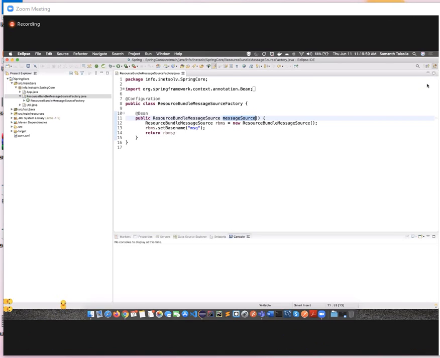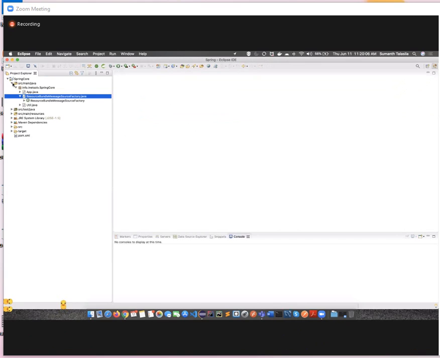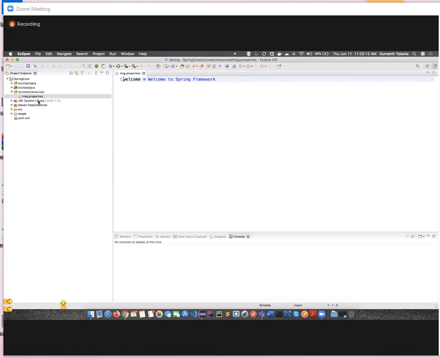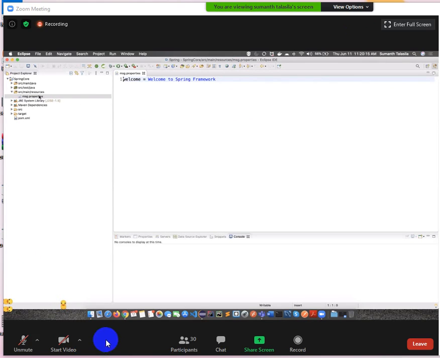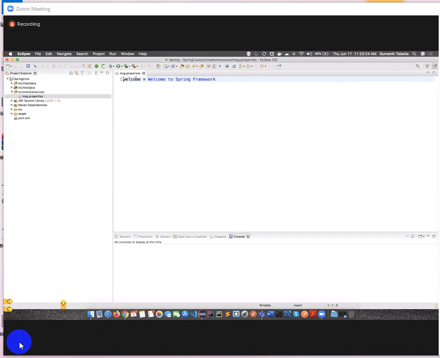Now in today's session, we are going to discuss the most important topic called property files. In every project, are we going to have property files or not? All the property files are configured inside a file such as msg.properties. Inside the property file, we have values as key and value pairs. In this example, msg.properties is the base name, and I'm trying to use the key whose name is welcome, and this is the message available here.